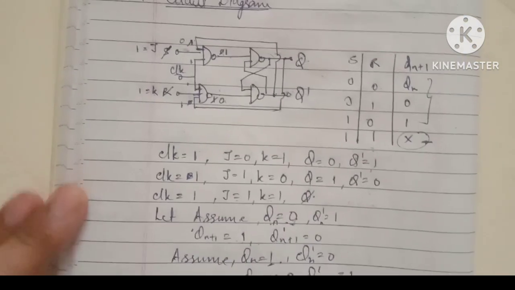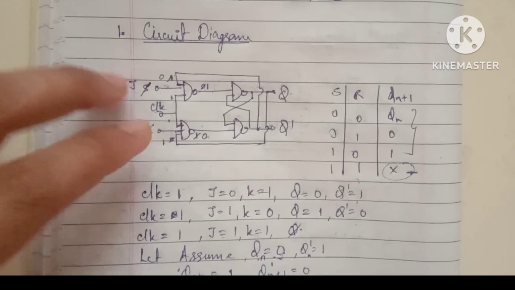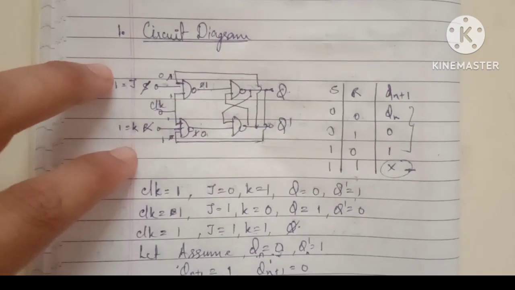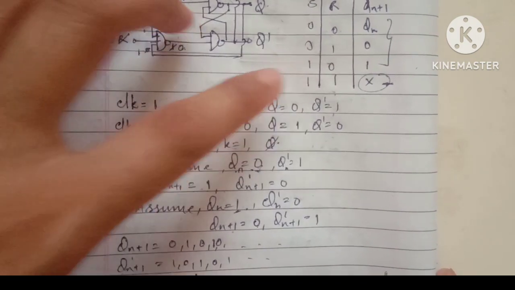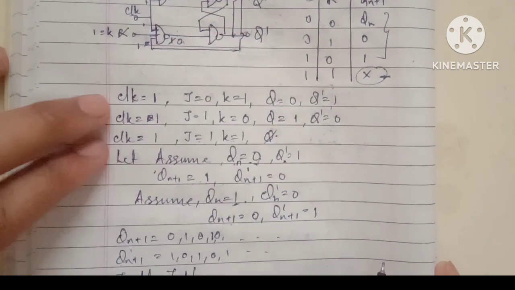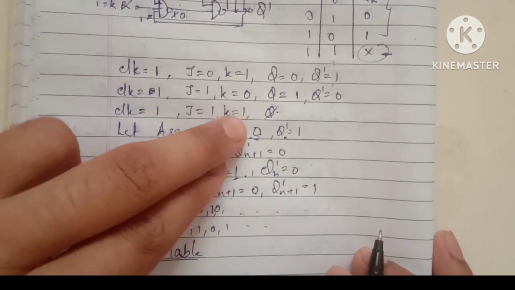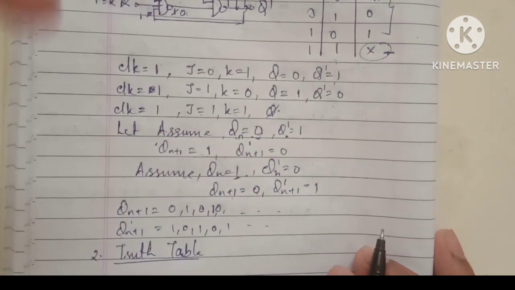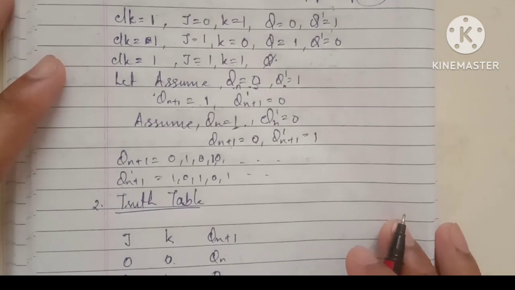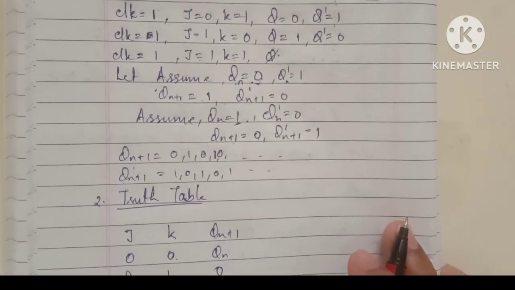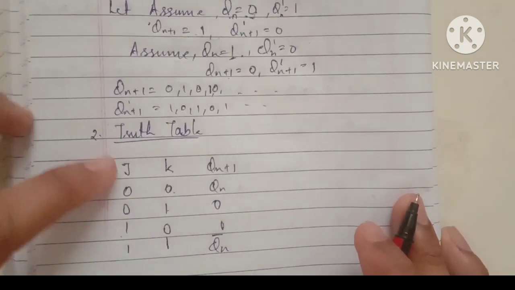So first we took the circuit diagram of the JK flip-flop. First we drew the SR flip-flop, we made some changes, and we got the JK flip-flop circuit diagram. Then I wrote the SR flip-flop truth table for understanding purposes, and I took multiple conditions. In those cases we get different outputs, and a don't care condition in SR, but here all things are clear. Assuming 0 and 1 in the Q present state, we are getting the complement of each, meaning the toggling state, and this is called the toggle state. I think this much is clear.